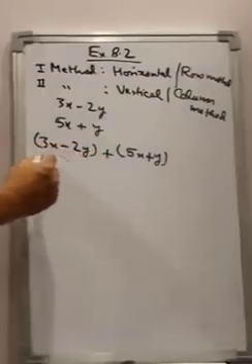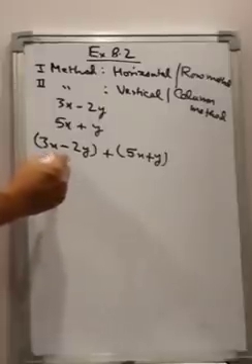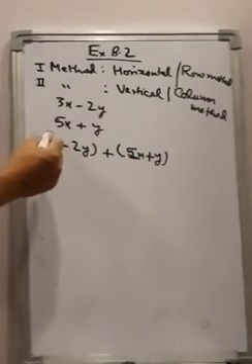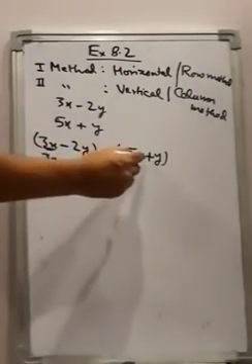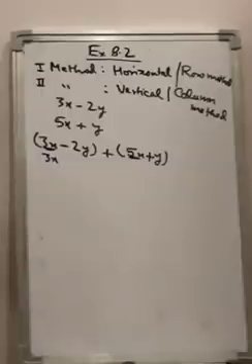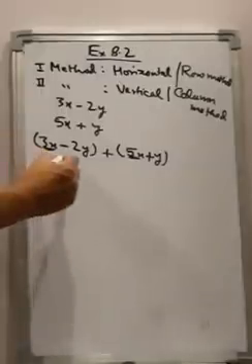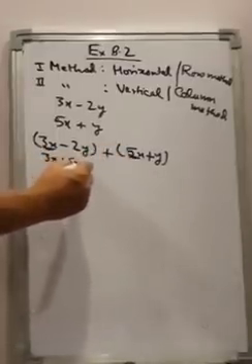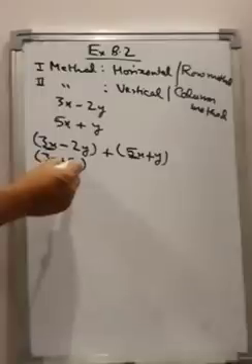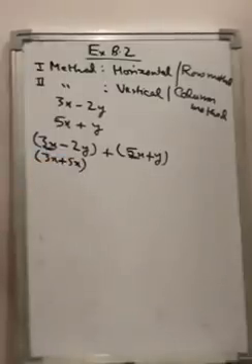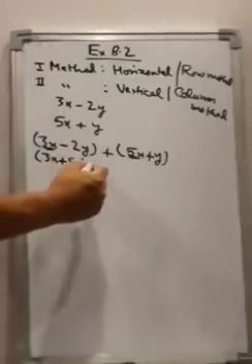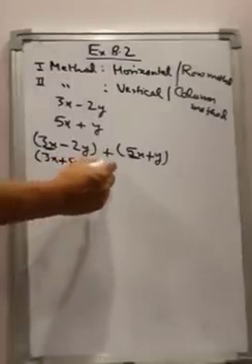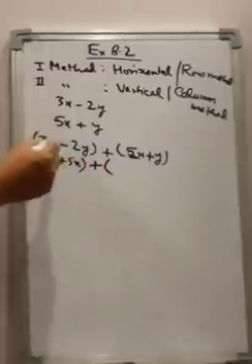Now you will open the bracket. So 3x is similar to which term? 5x, because they have the same variable with the same power. Like terms are those which have the same variable and the same power. So 3x and 5x both have the same variable x and the power is also 1. So they are like terms. So write them in one bracket, and without thinking use a plus sign. This plus sign will always be there, irrespective of whatever sign is present over there.